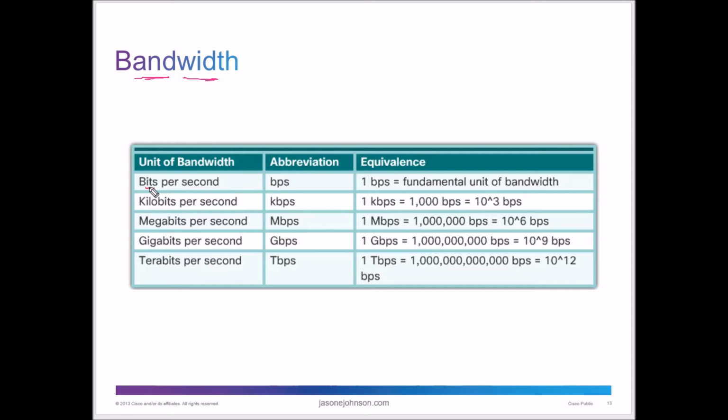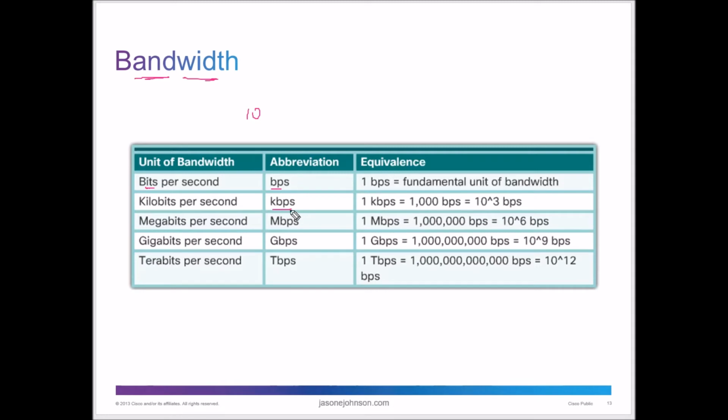You have bits per second. Don't get this confused with bytes, because it's not bytes, it's bits. Bits are your 1s and 0s, and that's different than bytes, which is 8 bits. So we're dealing in bits per second, or kilobits, not kilobytes, excuse me. I said that wrong. So there is a difference here, and this is where some get confused, and you even heard me just pronounce it wrong. When you're talking about kilobits, you're talking about bandwidth. And when you're talking about kilobytes, you're talking about the size of a storage, or what you're storing.